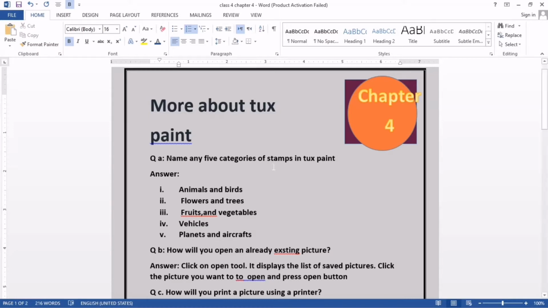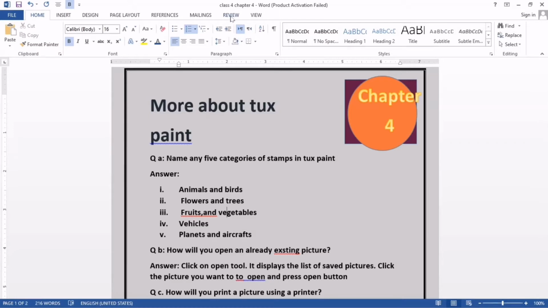Here you can see a blue line and a red line. This red wavy underline shows that there is a spelling mistake, and this blue one shows no spelling mistake but a grammatical mistake. Here you can also see some grammatical mistakes. You can remove them yourself or you can check from Word.